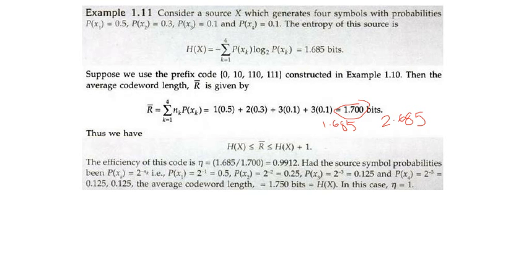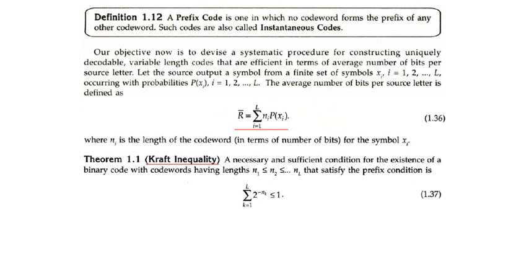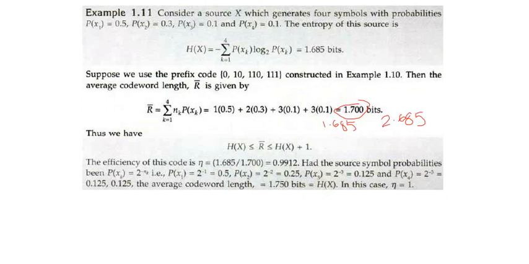If I sum all these elements, 0.125 plus 0.125 is 0.25, 0.25 plus 0.25 is 0.5, 0.5 plus 0.5 is 1. According to the Kraft inequality, the summation should be less than or equal to 1. Since the summation is equal to 1, we can use this code for variable length coding, and also we can decode the received signals correctly. And please note down this problem.